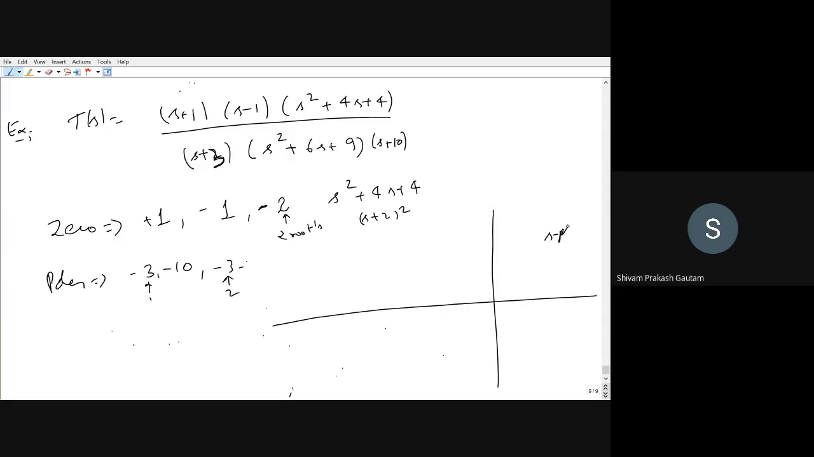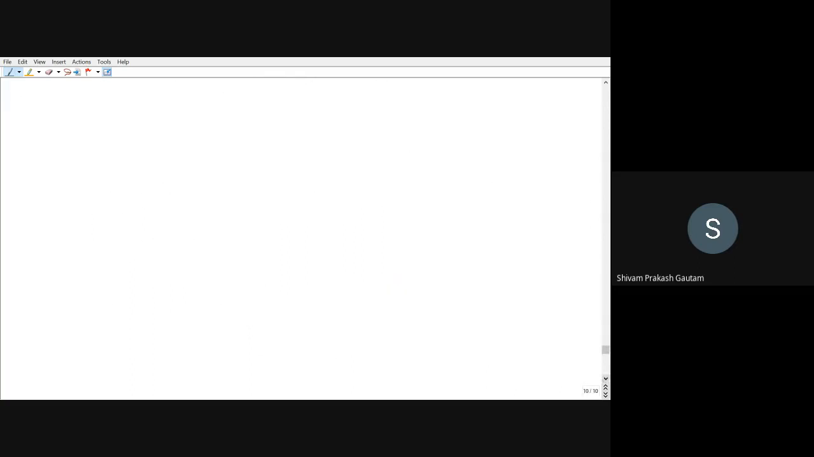This is our S plane. There is 1 zero at plus 1, so I can represent it here. 1 zero at minus 1, so this is another zero. And two zeros at minus 2. This is minus 2, minus 1, plus 1. And how can I represent poles? 3 poles at minus 3. This is the first cross, this is the second cross, and this is the third cross. So this is minus 3. And there is one more pole at minus 10. So this is how you will represent